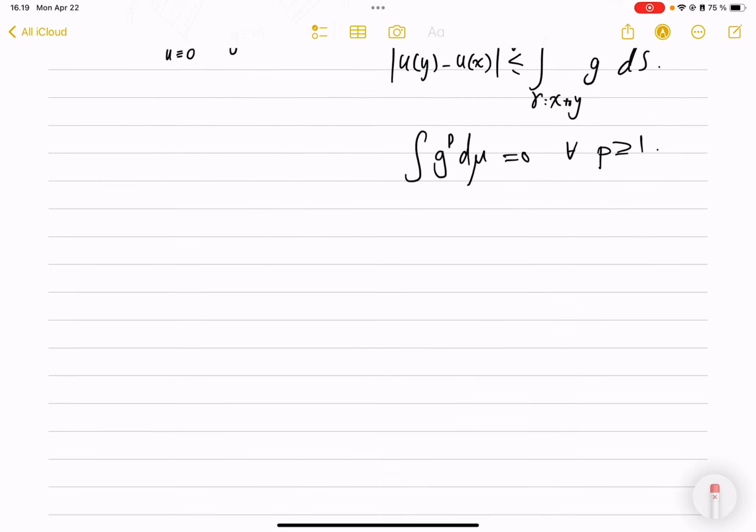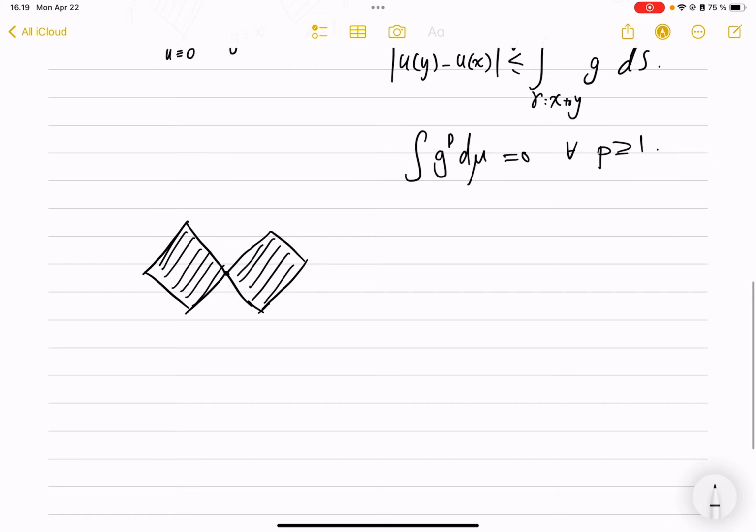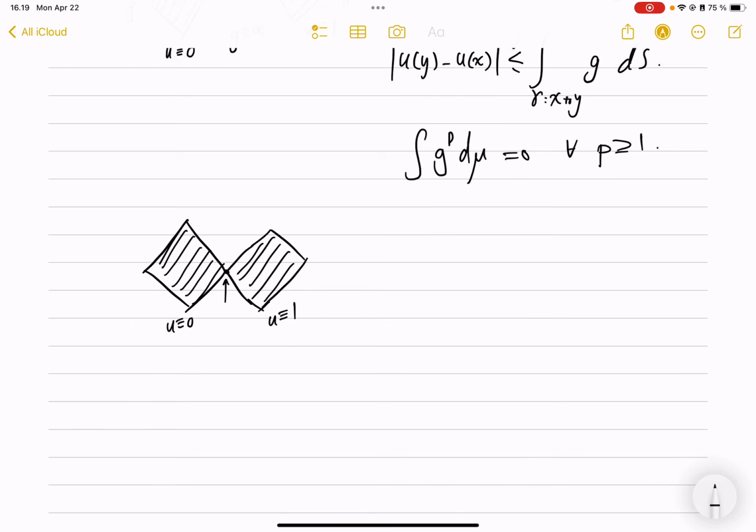Then we see that for this space, now if we instead join them along one point, things get a bit better, because you cannot this time concentrate the upper gradient on a set of measure 0. So here, again, if you try to duplicate the same, you will see that the upper gradient cannot be supported only at 0, because 1 minus 0, if you take x and y on opposite sides,